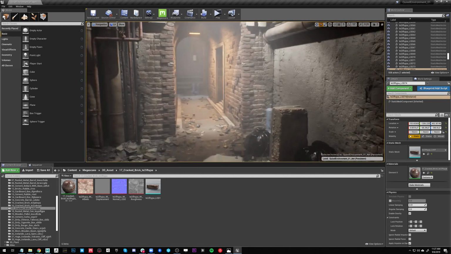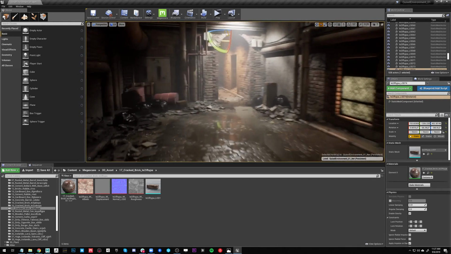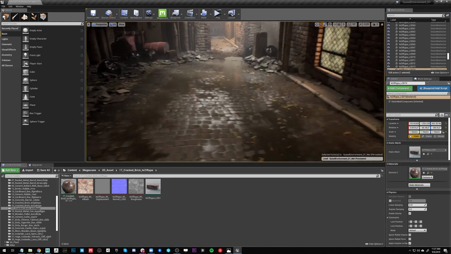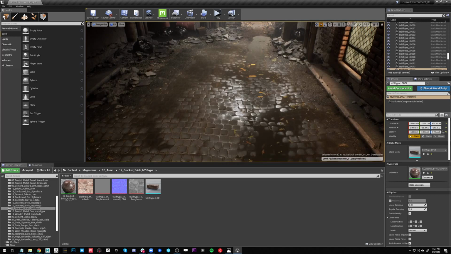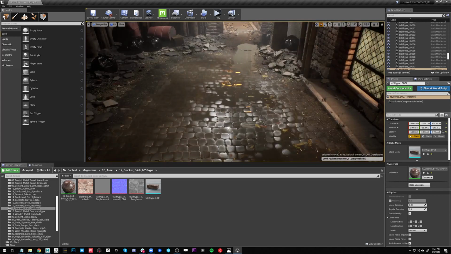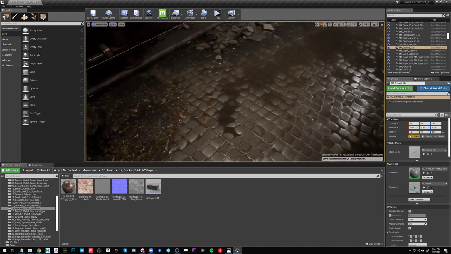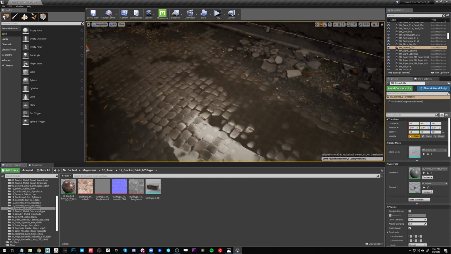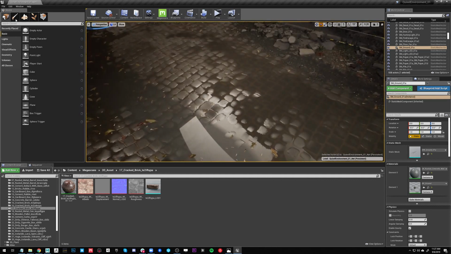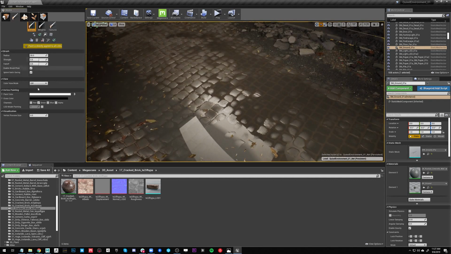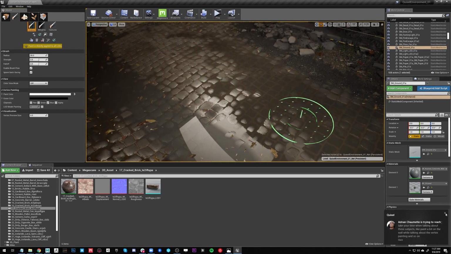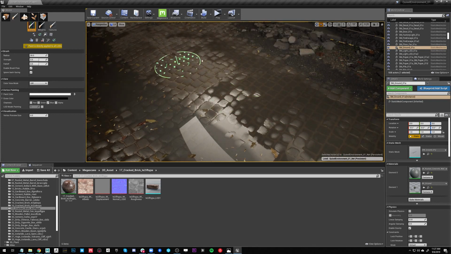So we do actually have another one, the water on the ground. I'm going to assume that you did that probably through Mixer, but if you'd like to walk us through how you did it. Yeah, actually the water was pretty easy. This is a part of the shader that we are giving away. And basically I can go into the vertex paint, and if you go into the blue channel, you can actually paint